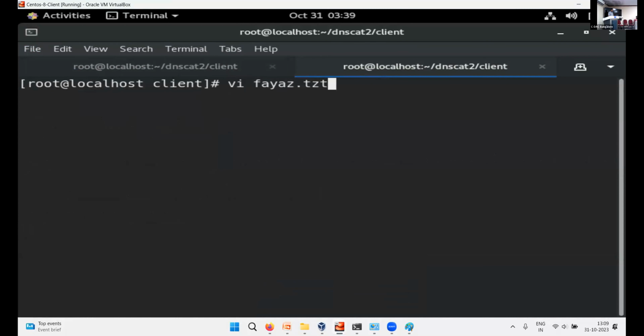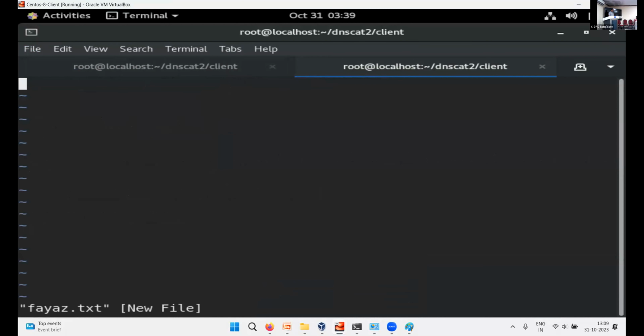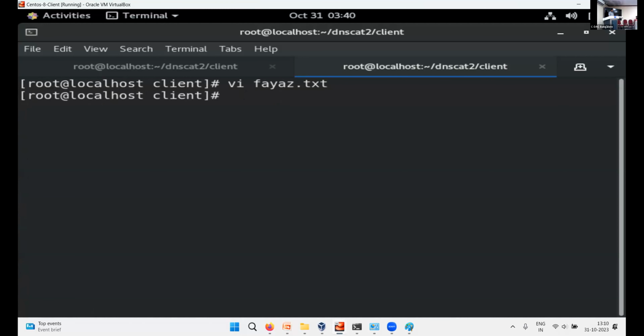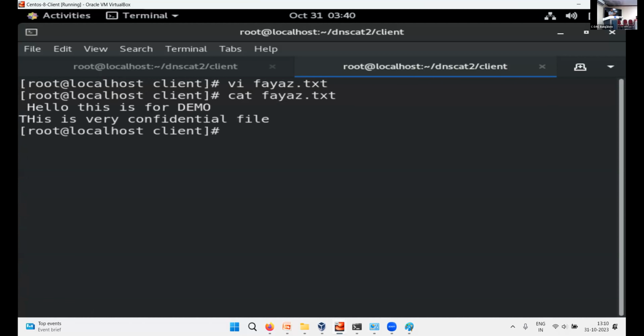This is the file name. Hello, this is for demo. This is a very confidential file. This is what I am writing in that particular file. So this may be the confidential file which is sitting at the client side, where the malware is running.